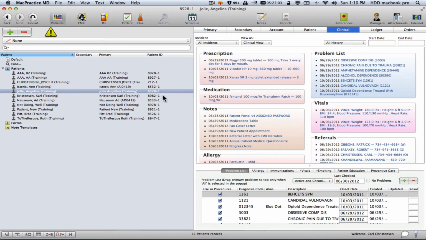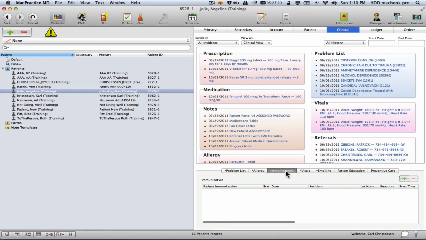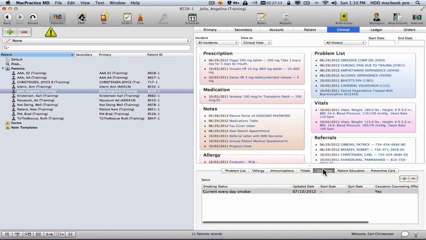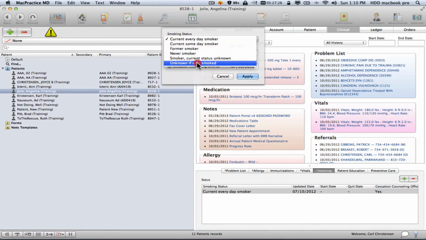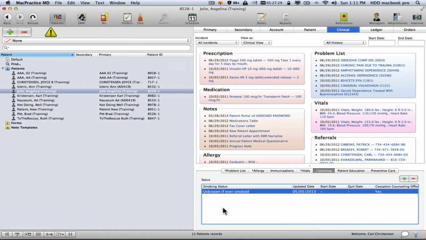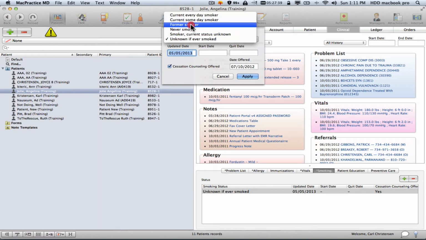And the clinical part consists of the problem list, which has a bunch of stuff entered, allergies, and immunizations, which we never do, smoking, and if you are seeing somebody and you have asked them if they smoke or not, you want to make sure that they have the correct smoking status. Let's say that somebody had this one, which is the default one, unknown if ever smoke, and they told you that I quit 20 years ago. What you would do is double click this and put down former smoker,